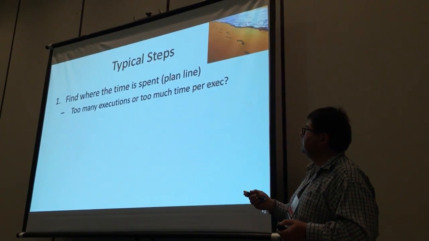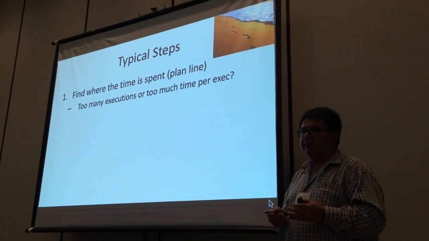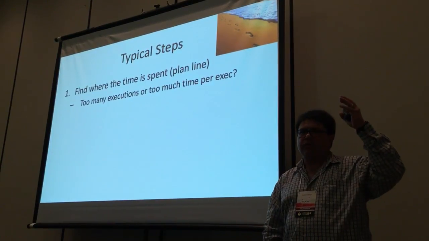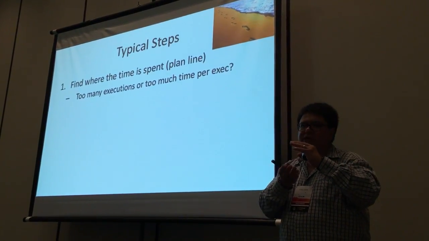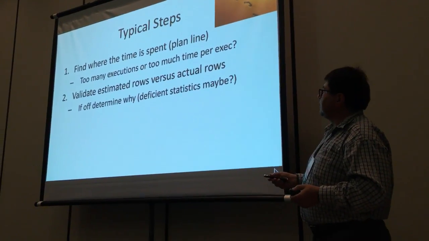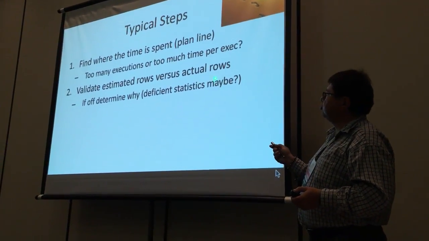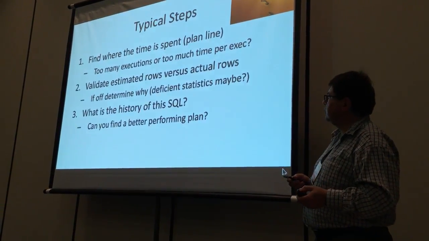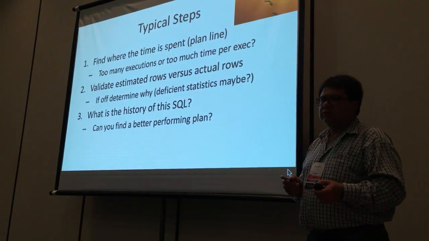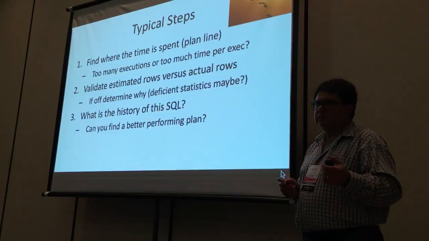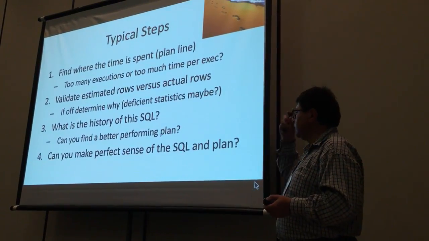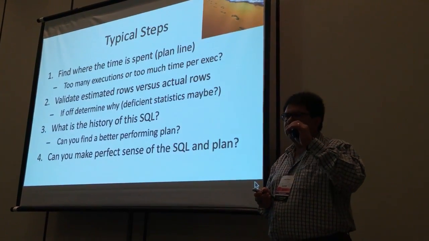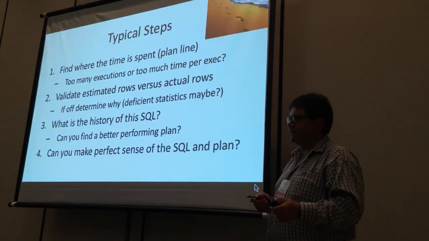Typical steps of SQL tuning. First one is to find where the time is actually spent. People may say, oh, I have this execution plan with 300 lines. It doesn't matter, just find where the time is spent. Validate, in this case, the estimated number of rows against the actual number of rows. In other words, check if the CBO is making a mistake or not. Look at the history of this SQL. Did it ever work? Was it working fine? Did I make a change on the environment? And for this one, you need to be able to understand both the SQL statement and the execution plan, and